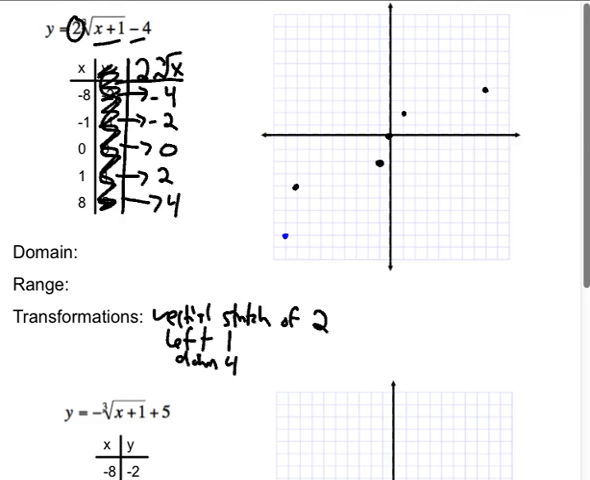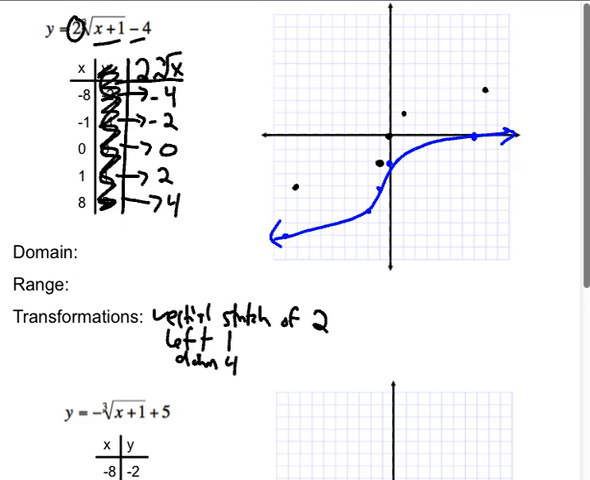Left 1, down 4. The one at the origin, left 1, down 4. The one sitting above the origin, left 1, down 4. And the one in the right-hand corner, left 1, down 4. So recall, I take each individual point, and now I connect them up